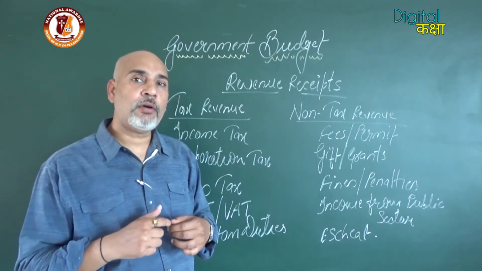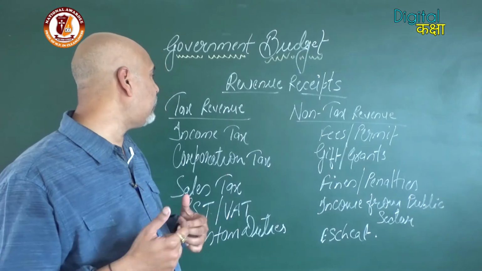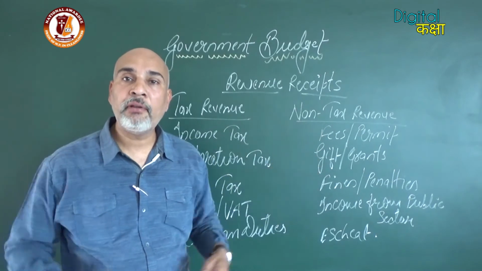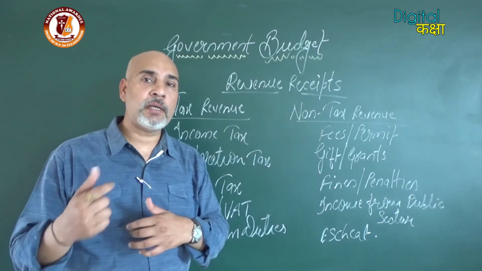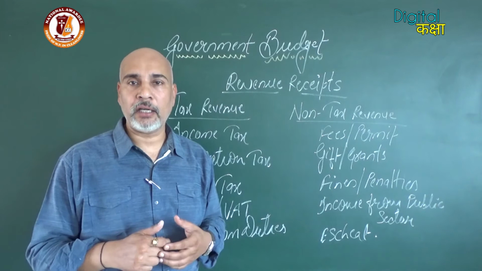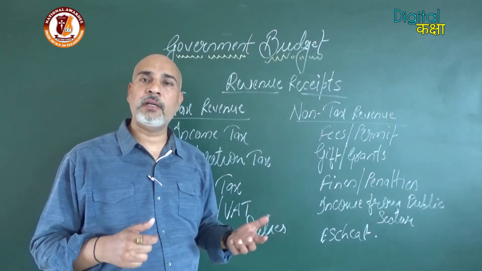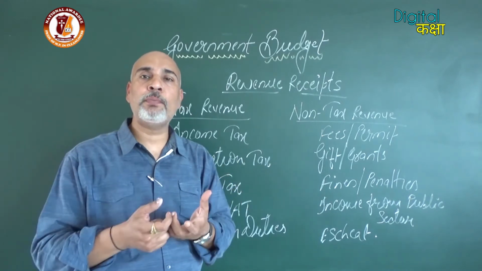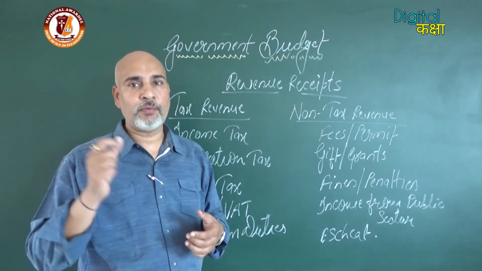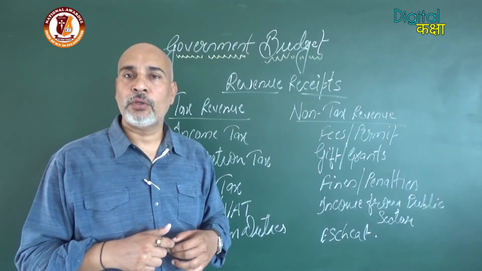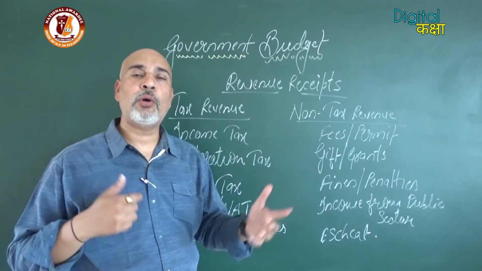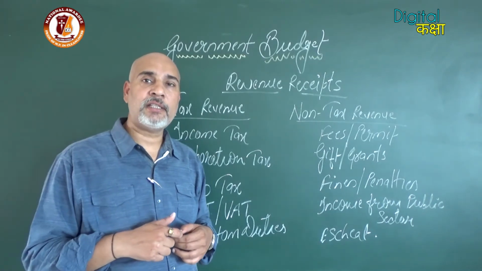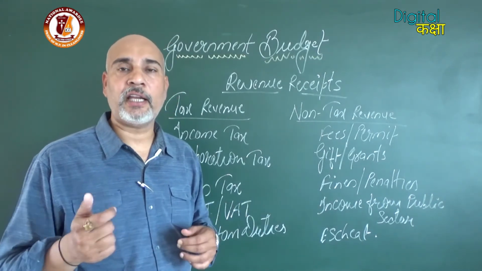The major source of income in the case of taxes is indirect tax, because it includes everyone, because every person is consuming some article, whether the cheaper one or the costly one. Whether you purchase an article of 2 rupees or 2 crore rupees, some amount of taxes is included. So every person is included, and governments generate lots of revenue through indirect taxes instead of direct taxes like income taxes.